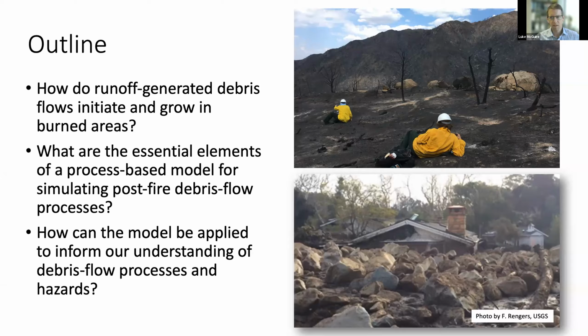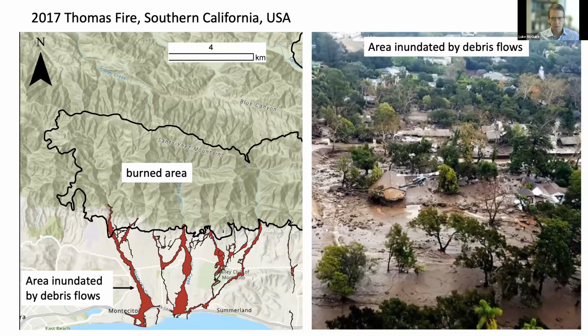One of the more recent examples of an impactful post-fire debris flow happened following the 2017 Thomas Fire in Southern California, when the Santa Ynez Mountains, shown here on the left, located above the community of Montecito, were burned at moderate to high severity. There was an intense band of precipitation that moved over this part of the burn scar, and it led to a series of debris flows that then moved down over a populated alluvial fan and led to the destruction of a number of houses, as you can see here, and more than 20 fatalities.